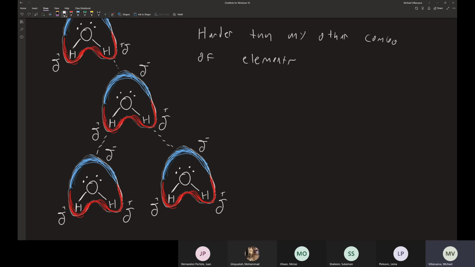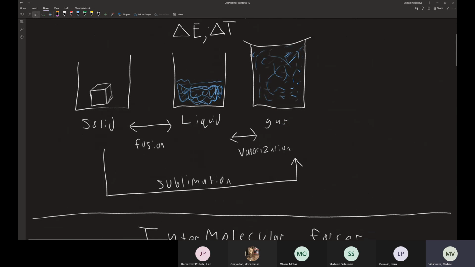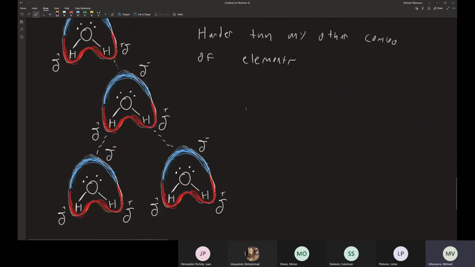Now, I want to note something at this point. What's going on here is essentially the reason why water has such a high boiling point, the reason why water requires so much energy to be pumped into it to bring it into the gas state. When we talk about these transitions up here, from solid to liquid to gas and vice versa, when we are going from a solid to a liquid and a liquid to a gas, what we are breaking are these bonds. These are not bonds in the sense of bonds that we previously talked about, but these intermolecular bonds are being broken and rearranged. And therefore, the stronger these intermolecular bonds are,